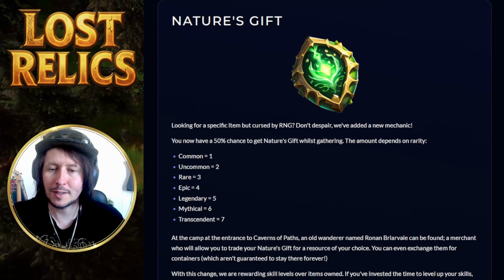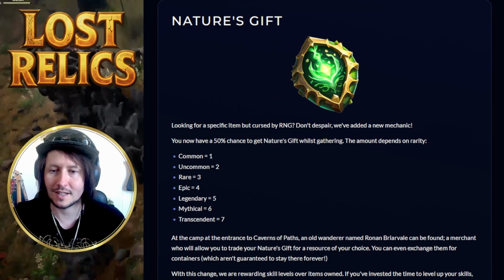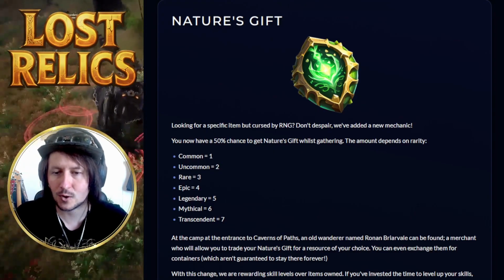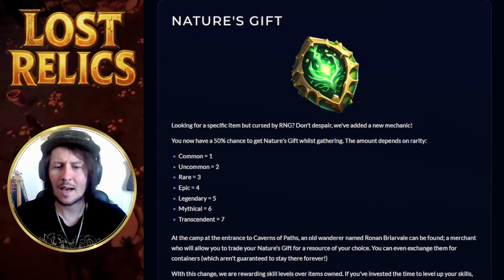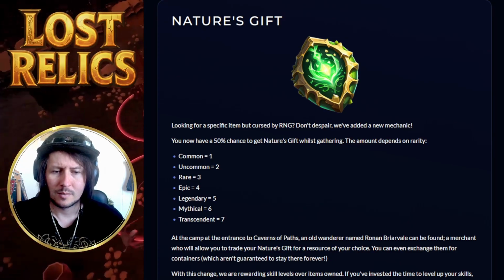You now have a 50% chance to get Nature's Gift while gathering. The amounts depend on rarity. Common, 1. Uncommon, 2. Rare, 3. Epic, 4. Legendary, 5. Mythical, 6. And Transcendent, 7. At the camp at the entrance to Caverns of Paths, an old wanderer named Ronan Brearvale can